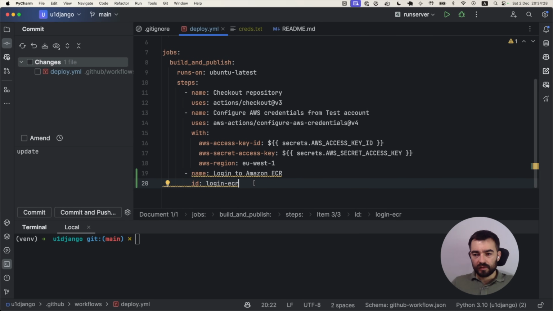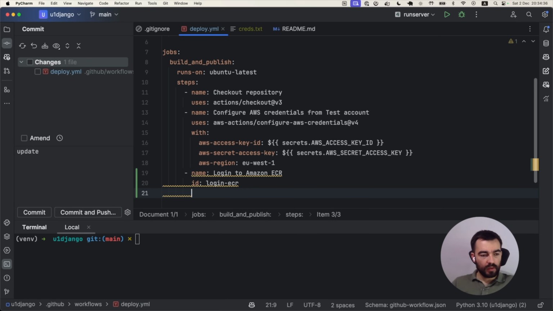So let's use another package from AWS Actions. So let's write uses and let's just copy the actions, and this one is gonna call